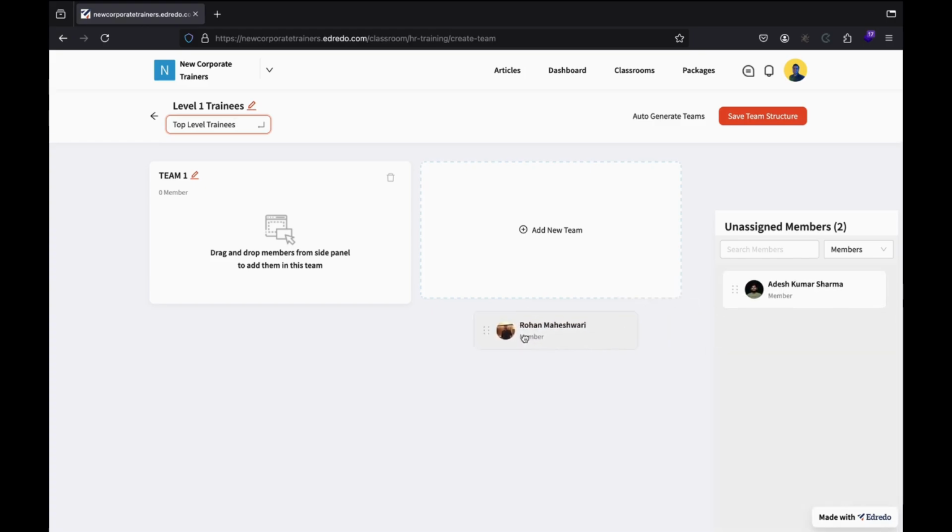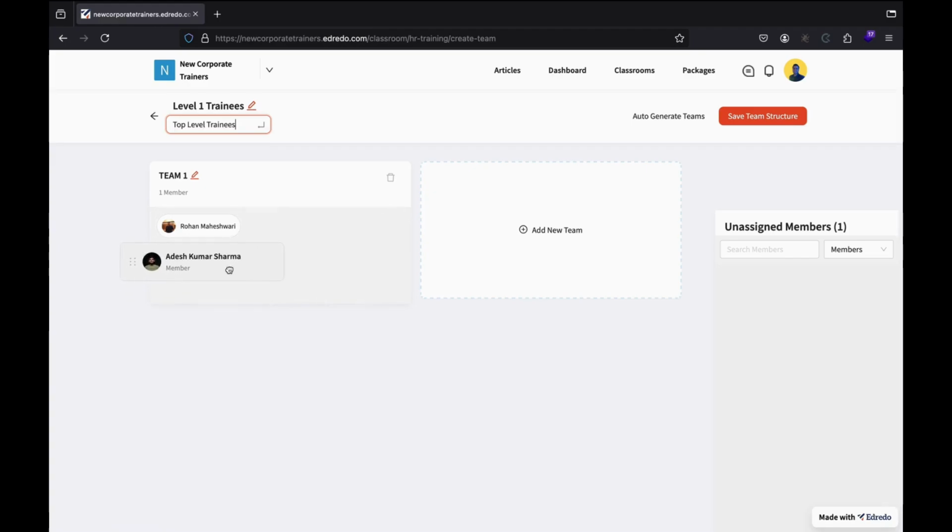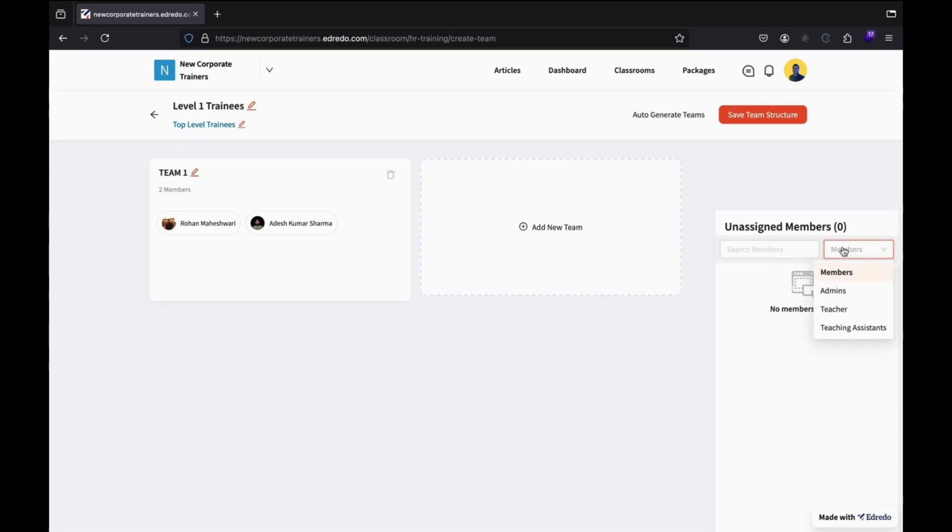So I can put both of them inside a team. We can filter out this list using this drop down here and this search bar here. So if I want to filter admins as well, we will click on admins, and I am the administrator of this classroom, so I can add myself to a new team